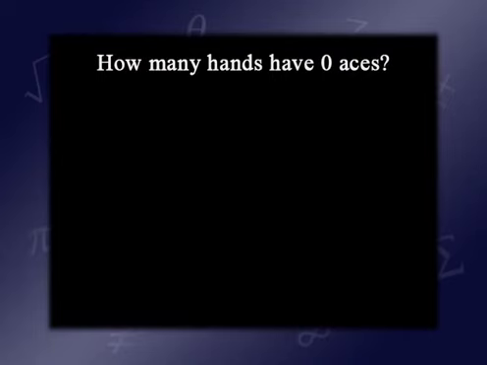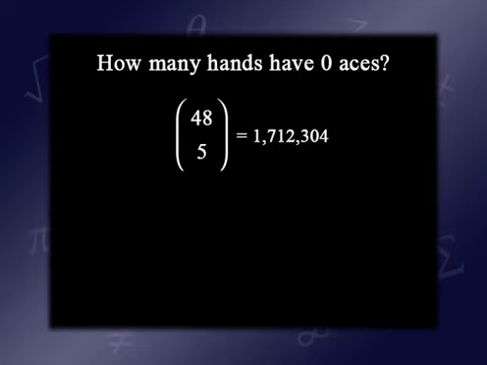How many hands, the question is how many hands have at least 1 ace? But let's instead answer the question, how many hands have no aces? And then we'll subtract that from the total amount. Okay? How many hands have 0 aces? Well, that's easy. There were 4 aces in the deck, so there are 48 non-aces in the deck. Choose any 5 of them. How many ways can I choose 5 things out of 48? By definition, 48 choose 5, which is